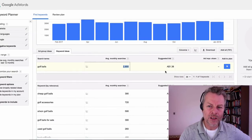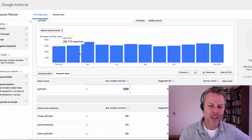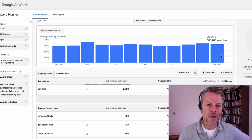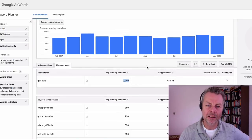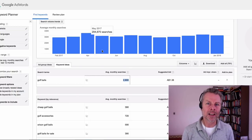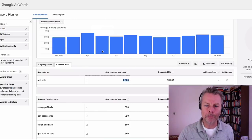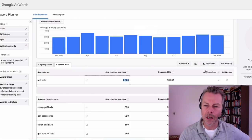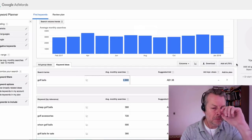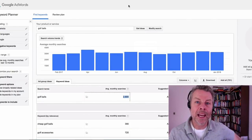Just under 3,000 searches a month. And the thing I really like, look, is this. It is consistent. There are no peaks and troughs. It's a consistent level of searching. You can see here, April has a slight peak. Well, that's because obviously in Australia, beautiful weather in March and April, lots of people out golfing. Sometimes it's a little bit too hot to go golfing, depending on where you live, in the summer months. But that's good. Nice level of search volume in